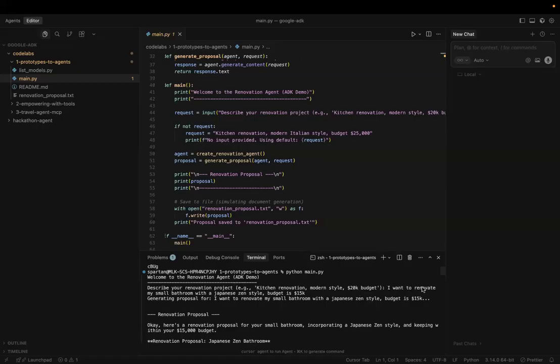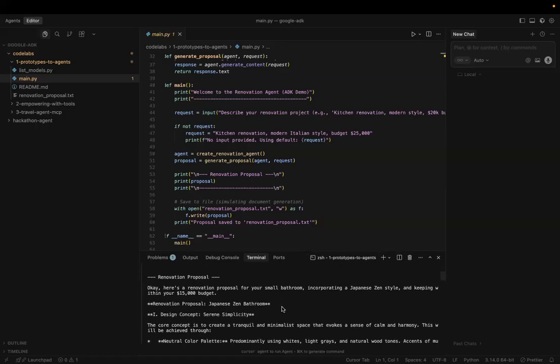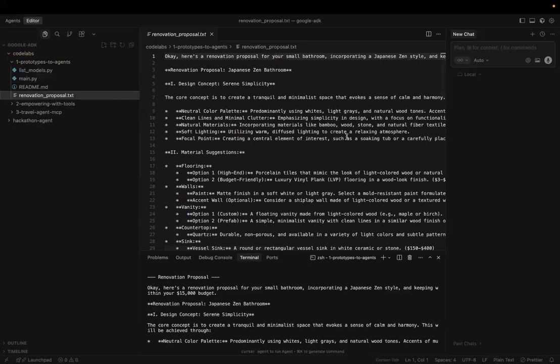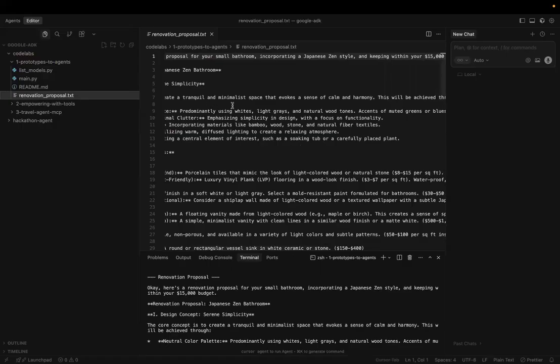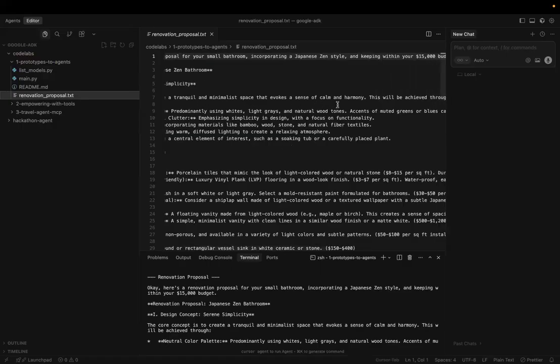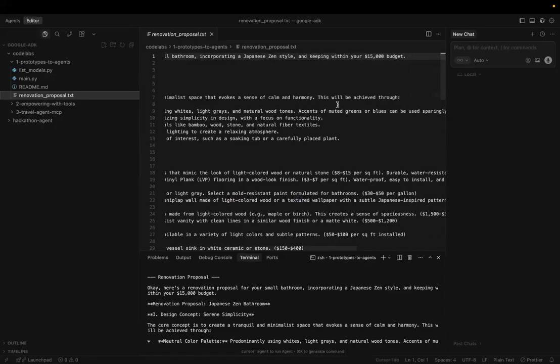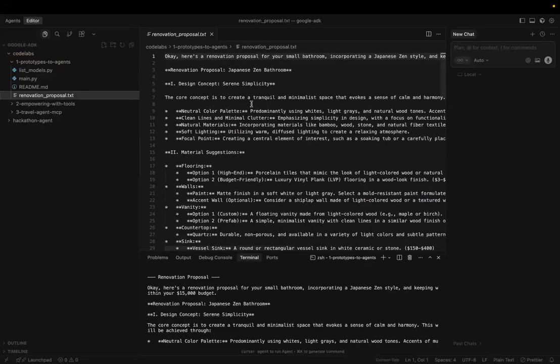And I said that I want to renovate my small bathroom with a Japanese Zen style with budget around 15K dollars. And it came up with a renovation proposal. We can see the document here itself. On the left, it created a text document. So the concept is to create a tranquil and minimalistic space that invokes a sense of calm and harmony because it's a Zen bathroom. So with all the necessary changes with color palette, clutter design, natural materials, soft lighting, and